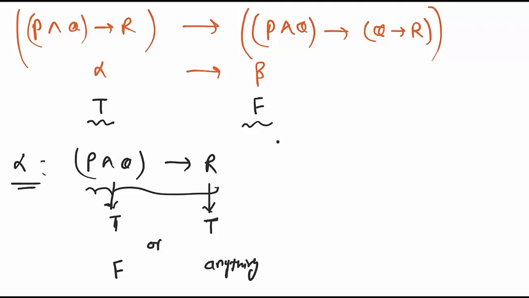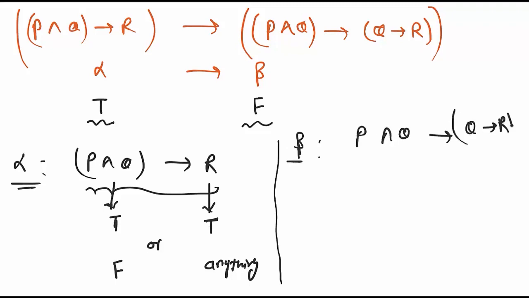Okay, I think it's better to make beta false first and then we will make alpha true, because here we need to take two possibilities and let's see if we need to face two possibilities in beta also. Let's see. We need to make beta false. Okay. To make it false, I know it has to be true and it has to be false. So there is only one possibility. So I think it is easier to make beta false first. Okay, let's work with that.